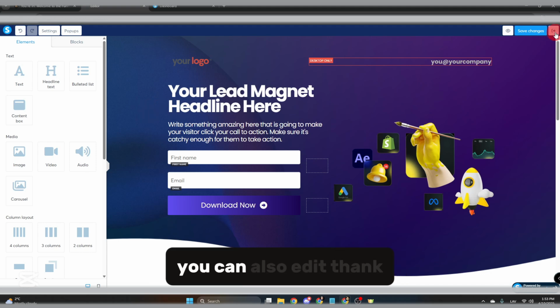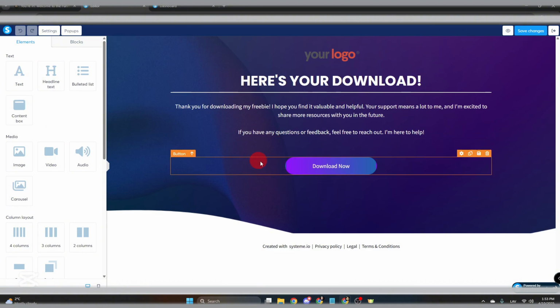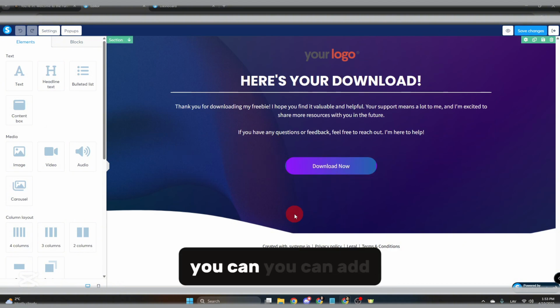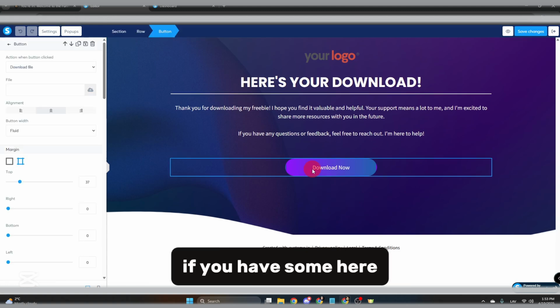For the lead magnet, you can also edit the thank you page, and you can add some affiliate links on your thank you page. Like below the download button, you can add another section with some of your affiliate offers if you have some. Here in the download button you can add your file, your lead magnet,